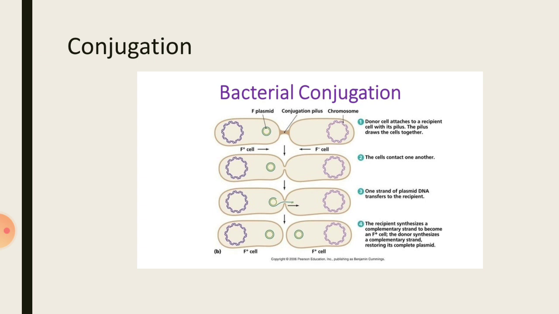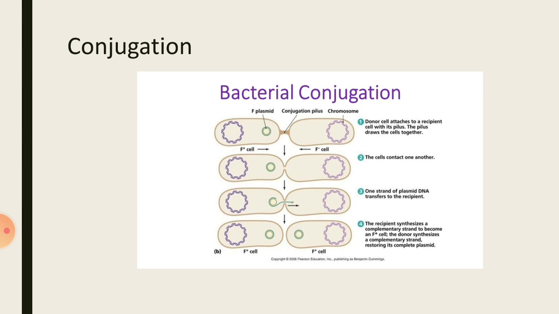The conjugation is over. That means both bacteria, with the single strand DNA plasmid molecule, will undergo replication, so that each single strand becomes double stranded. Thus finally we can see two F plus cells. So from the beginning we had one F plus cell, but because of this conjugation we get one more F plus cell, that is the transformed F minus cell. Thus conjugation is nothing but transfer of genetic material or a gene from one bacterial cell to another bacterial cell through the conjugation tube or physical contact.